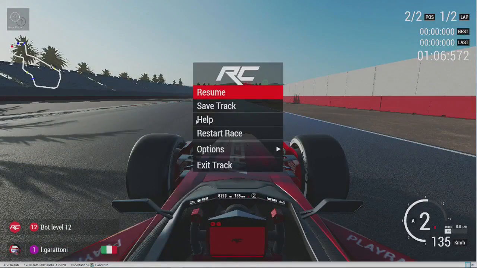So we have to show them how to save the track. Yeah, that's the option. This is a very important feature. That's the feature that everybody asked us. It will be included in the game, and the answer is obviously yes. So basically, if you like the track where you were racing,